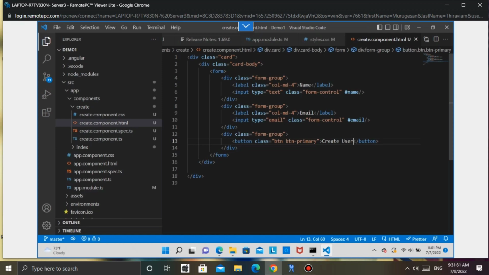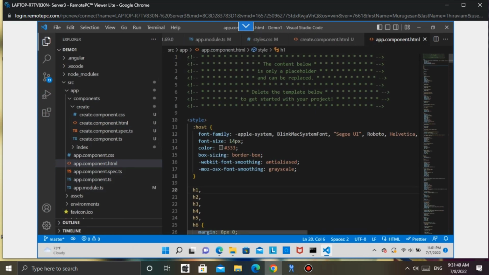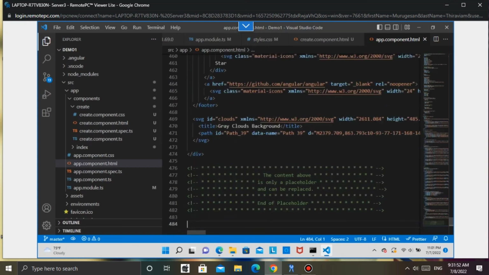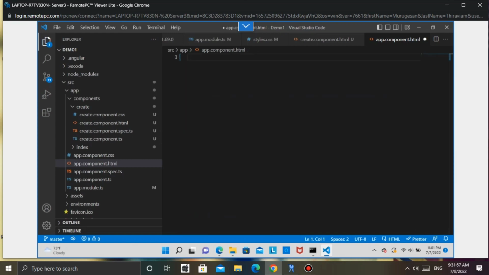After saving the file, you will call that component in app component.html. So go to app component.html. I will go to the end and remove the entire code, and I will create a div tag. So div class equal to container, div class equal to container,